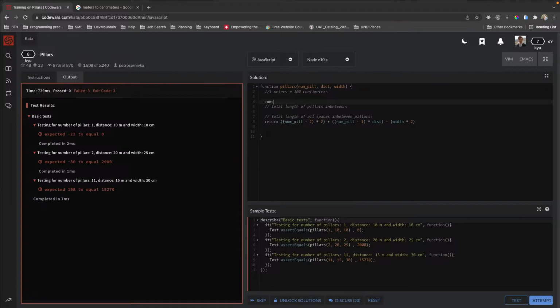All right, let's figure out if this is giving us the right number here. So number of pillars. Test case 2 or 11 probably would be our best bet, right? So we have 11 pillars, and then we have 10 spaces in between each pillar. No, we have 11 pillars, and we're taking out the N2, so we only have 9 pillars, so it should be 9